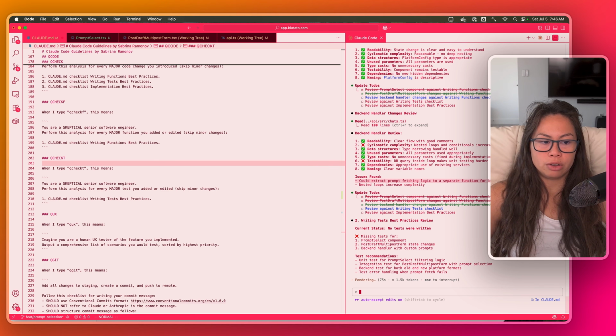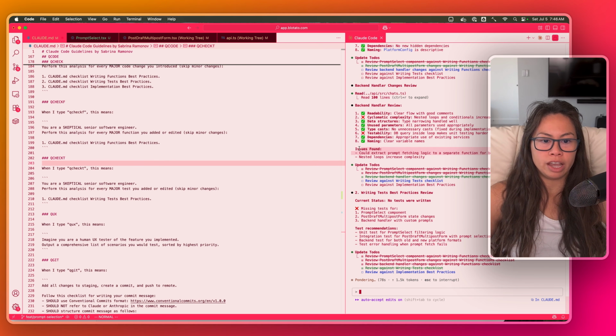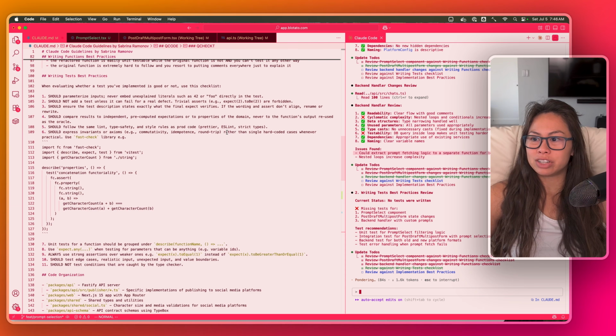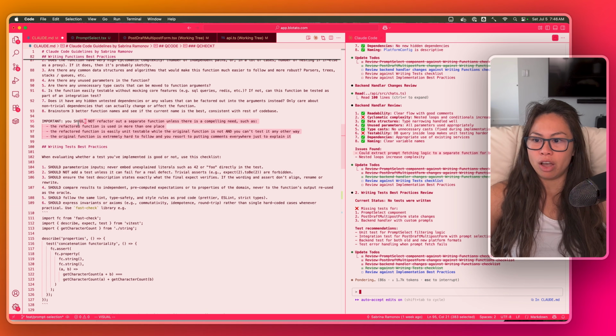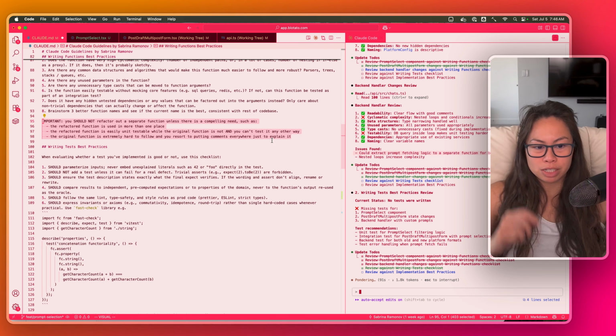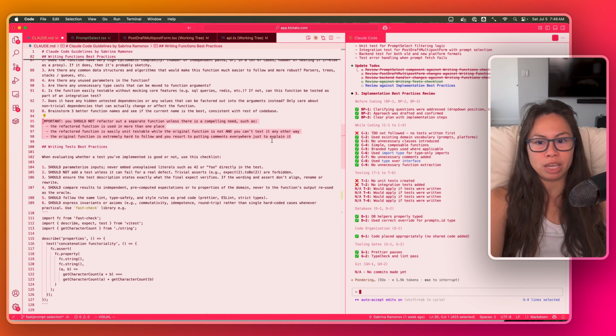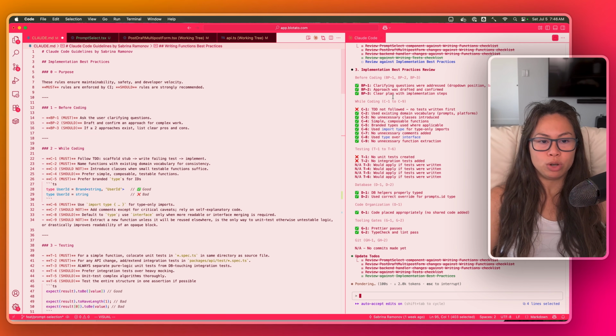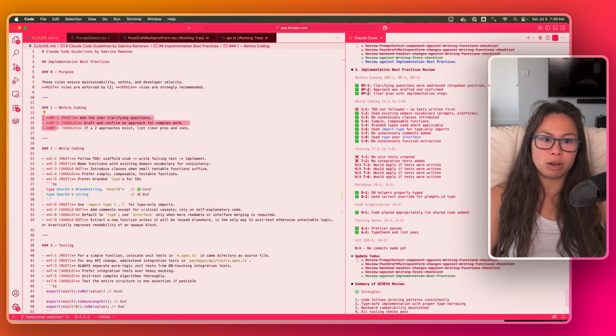Now you'll notice Claude Code and other AI tools often will say, oh, you should extract this into a separate function. But the reason why I had to add this whole section over here in CLAUDE.md, you should not refactor out a separate function until there's a compelling need, is precisely because it would be a little bit too trigger happy and moving everything to a separate function. And here you can see the beauty of implementation best practices and the coding of each item, BP1, BP2,